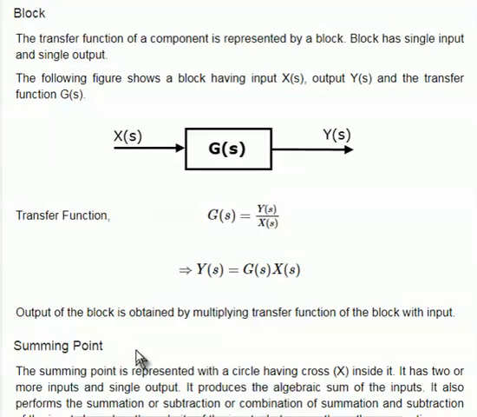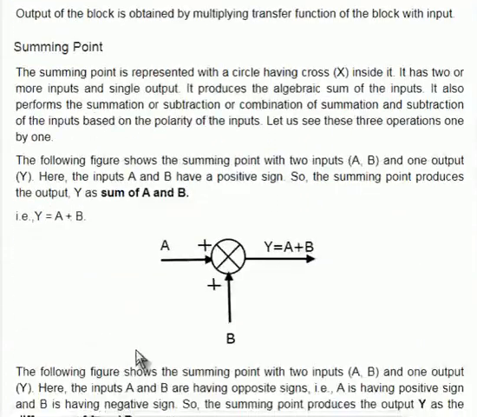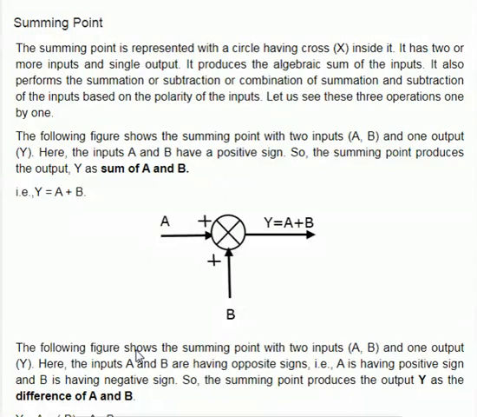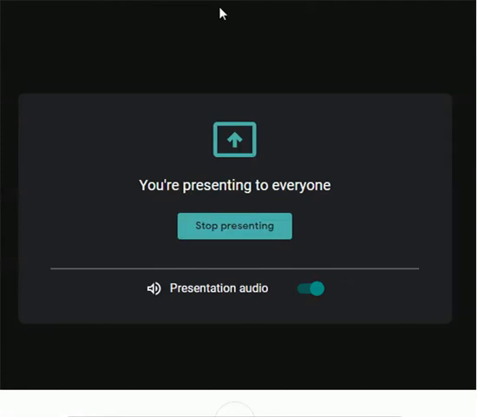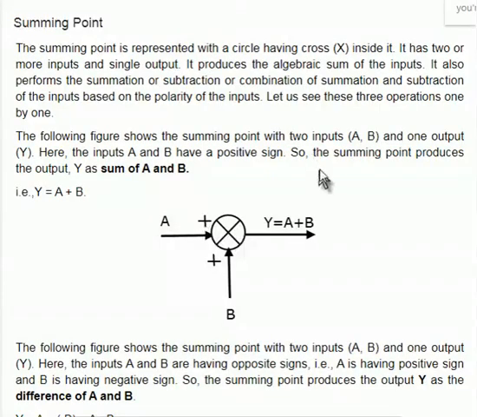Okay. So the next one is the summing point. The summing point is represented with a circle having a cross inside it. So this is the summing point representation: a circle with a cross line inside it. Okay. So now, it has two or more inputs